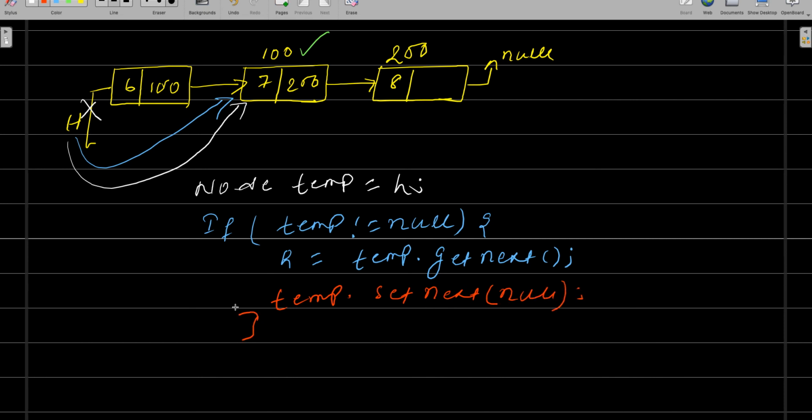So this way you have done two things here guys. One is you have changed your head, and the second is whatever temp node where you have stored the previous head node, which you set to null, which means now this guy will be collected by the garbage collector and your head will get shifted here, right? So that's how we can remove the node from the beginning of the linked list.